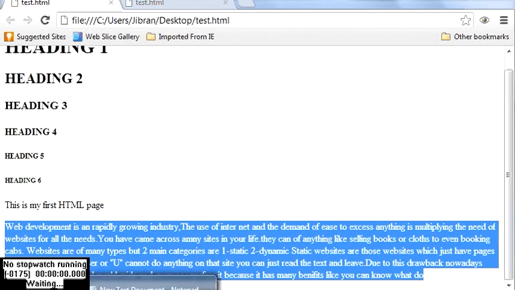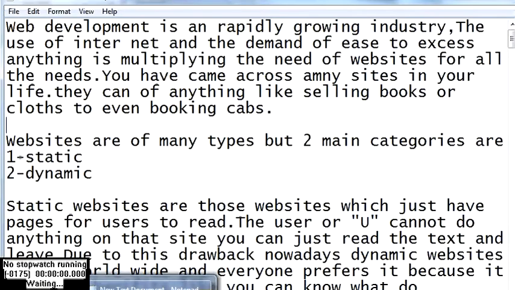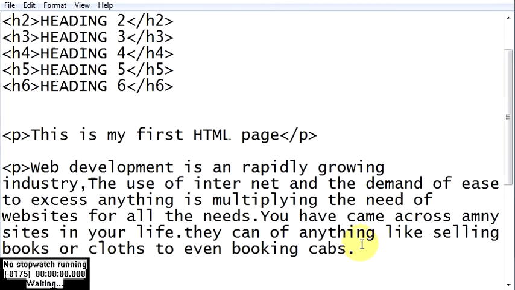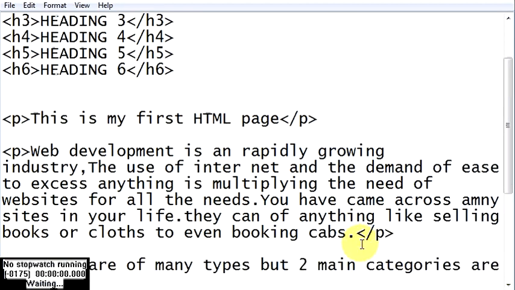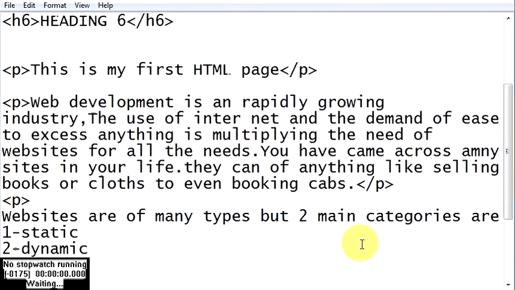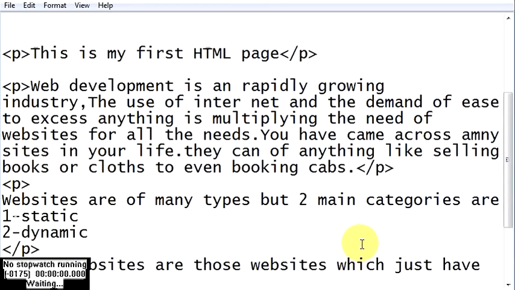So for that, what you can do is go to your file, and here you close your paragraph. Then for the next one, you start your paragraph, and then you end your paragraph.